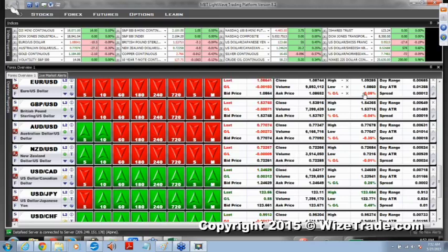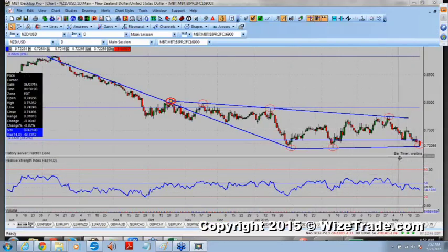Kiwi's holding up. Pound's near its lows. Aussie's near 77 cents, which we'll talk about here in a second. But the Kiwi, look, here's my thought process. If we break below here, right, we're going to the mid 60s. You understand that? The reason why I say that is because,